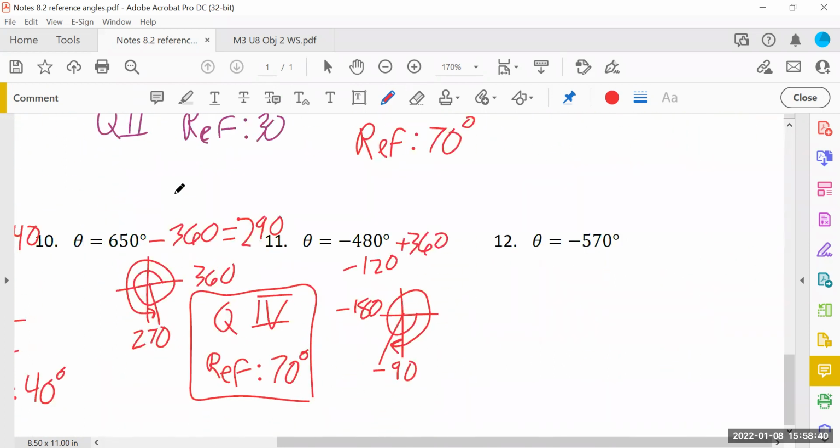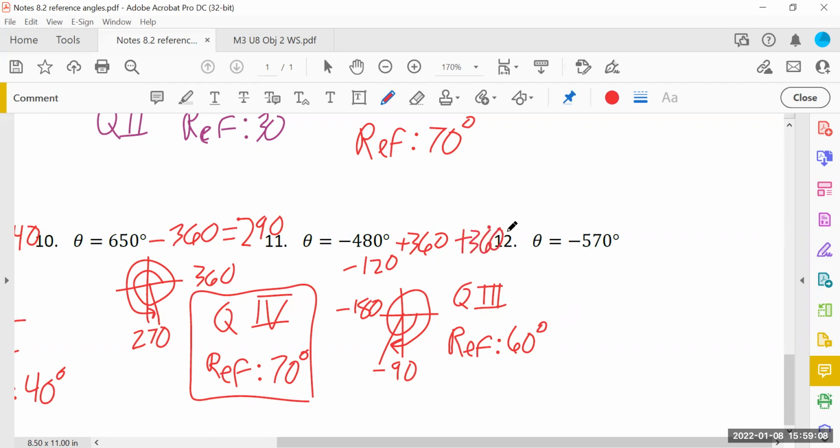So here, going all the way around, I end up in quadrant 1, 2, 3. My reference angle is how far I need to go from negative 120 to get to negative 180. That looks like another 60 degrees. So my reference angle is 60 degrees. You could get the same thing by adding another 360. If I add another 360 to this,